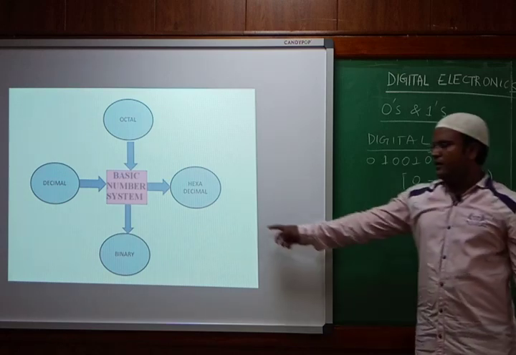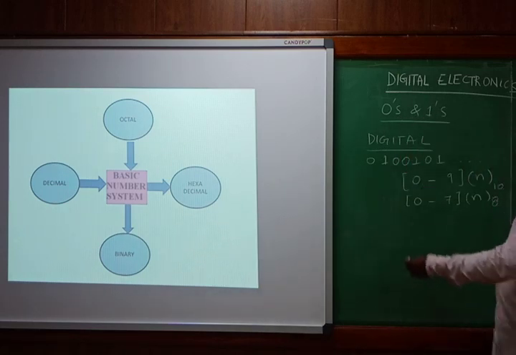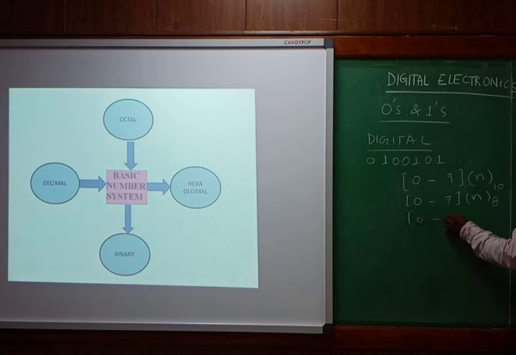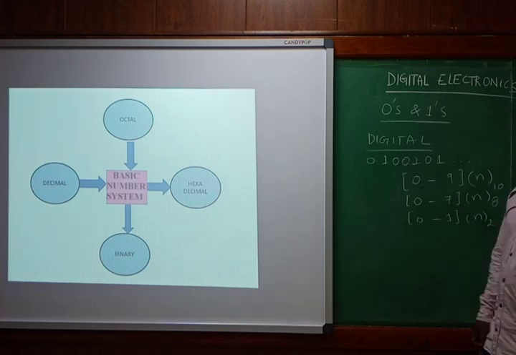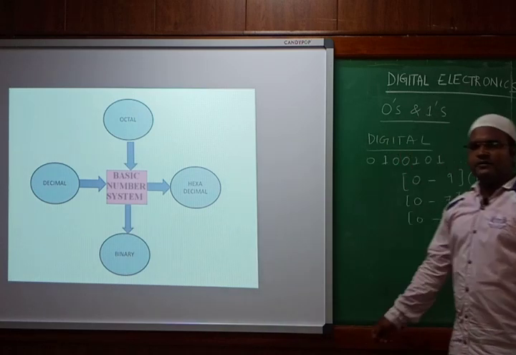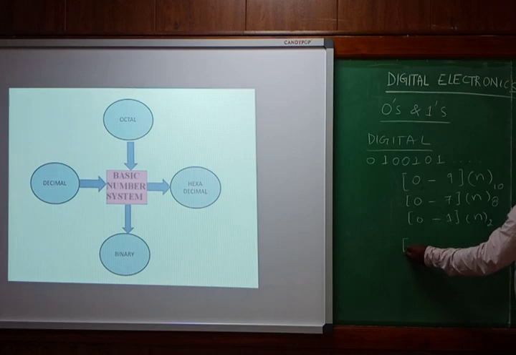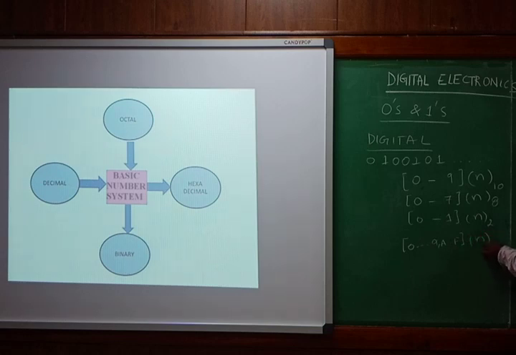The next is binary. What is binary actually? The numbers of zeros and ones. How do we define it? Any number N having the base 2. Similarly we have hexadecimal. What is a hexadecimal number? The digits start from 0 through 9, then A through F, so the number N should have the base 16. Those are the ranges of the different number systems.